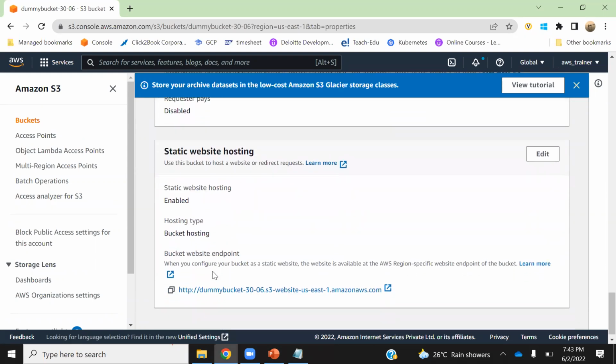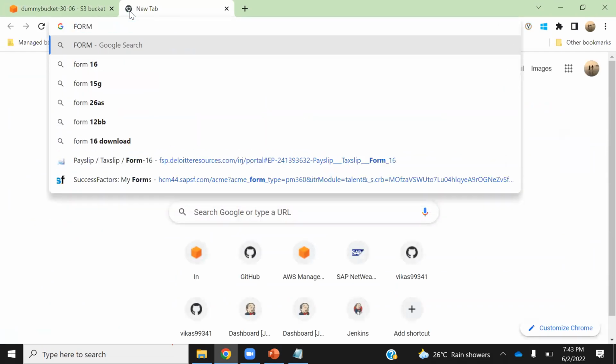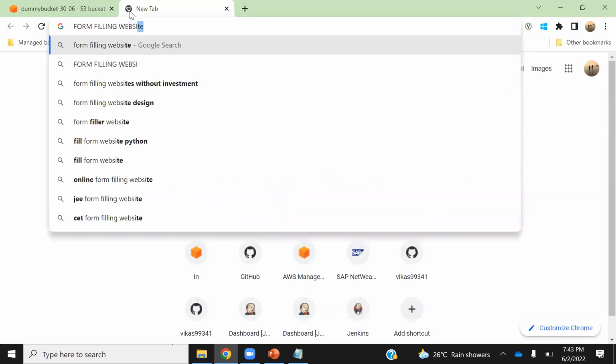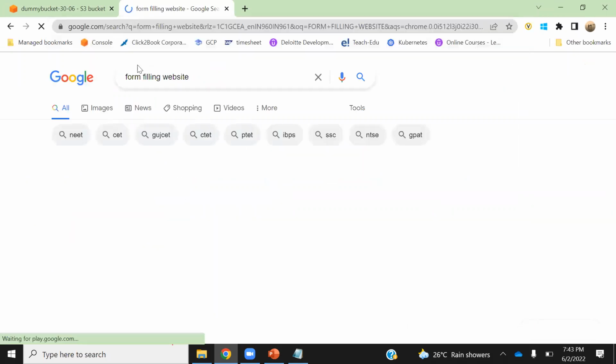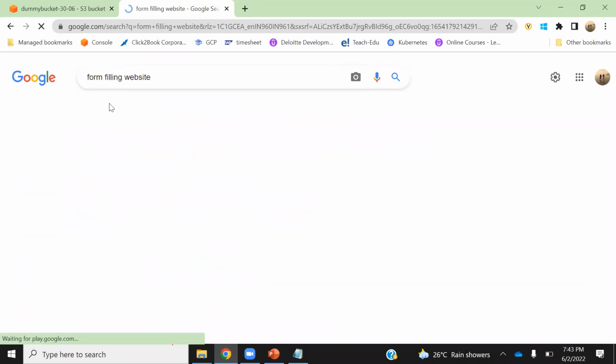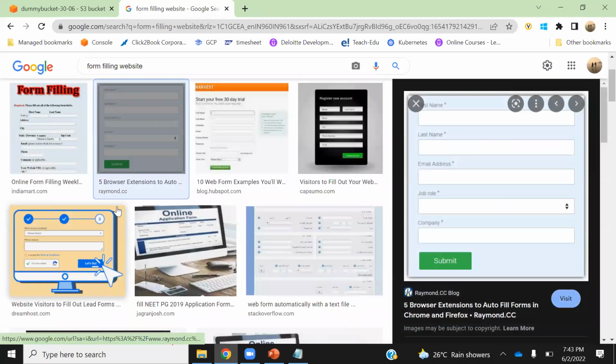Then there is something called static website hosting. Now, what is static website? So let me say a form filling website. So I'm looking for a website. Wait a second. Something like this. So this